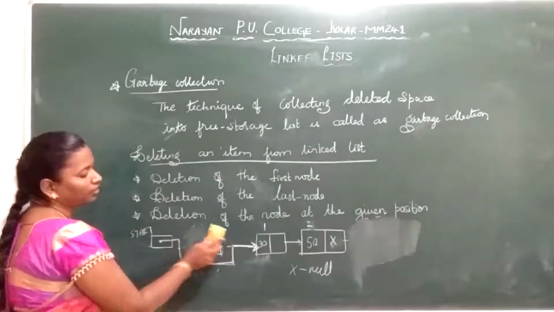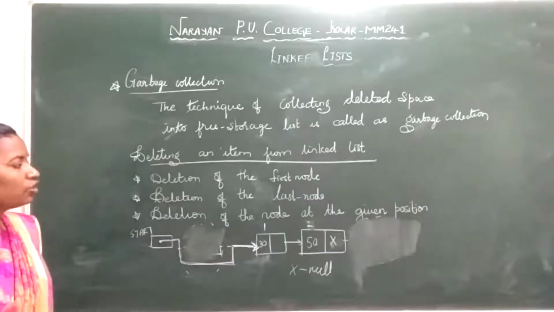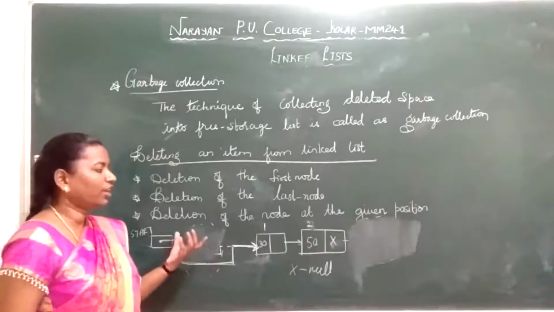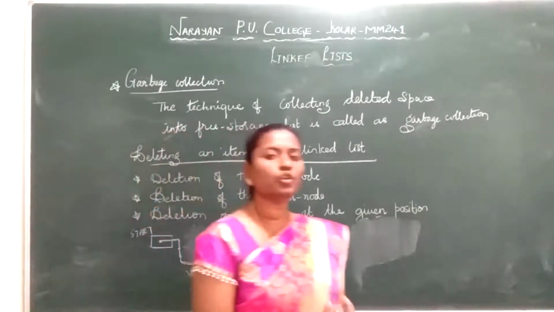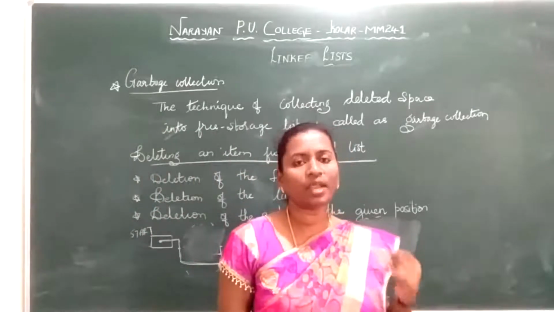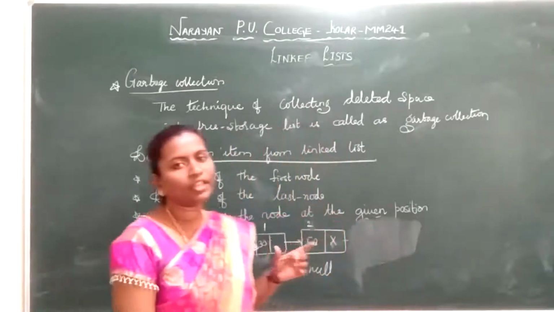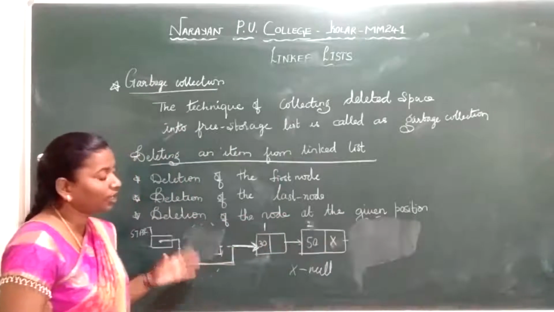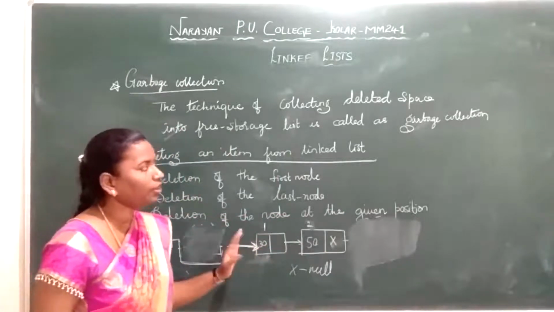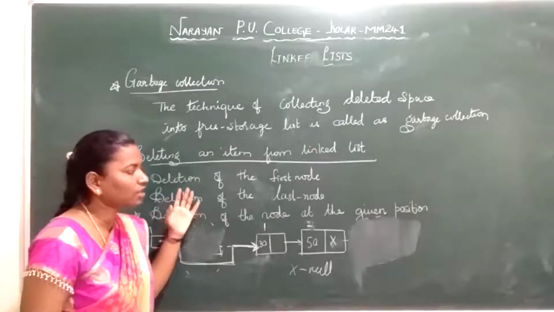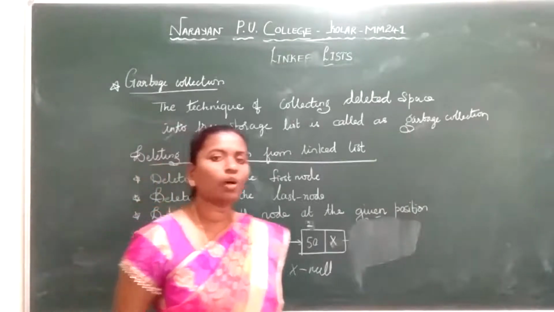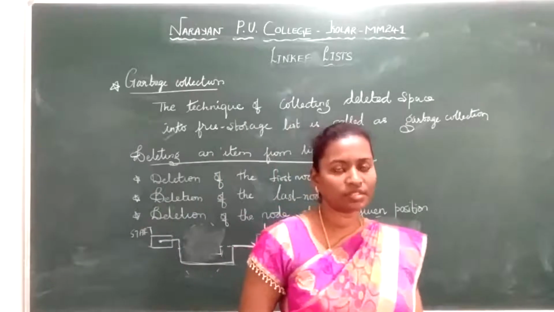Here the element is removed at the beginning. Even at any given point of time, say you have 5 nodes in your linked list and you want to delete the third node. If you mention the position, the node at that particular position will be removed. So this is about how to delete at the first, how to delete at the last, and how to delete in between, just as we discussed for insertion. Similarly we have seen it for deletion.